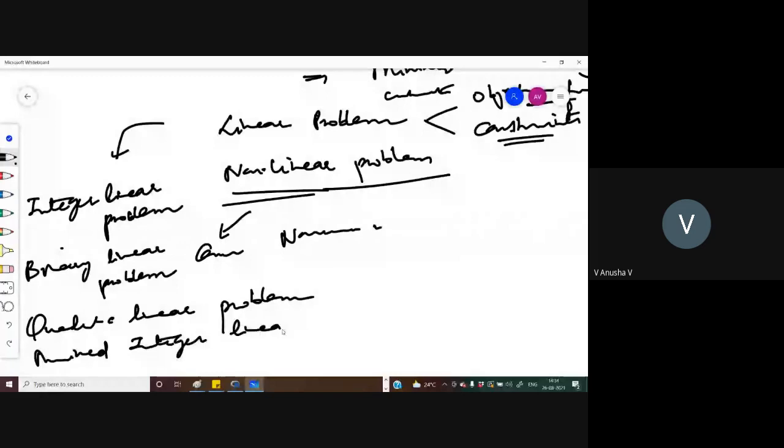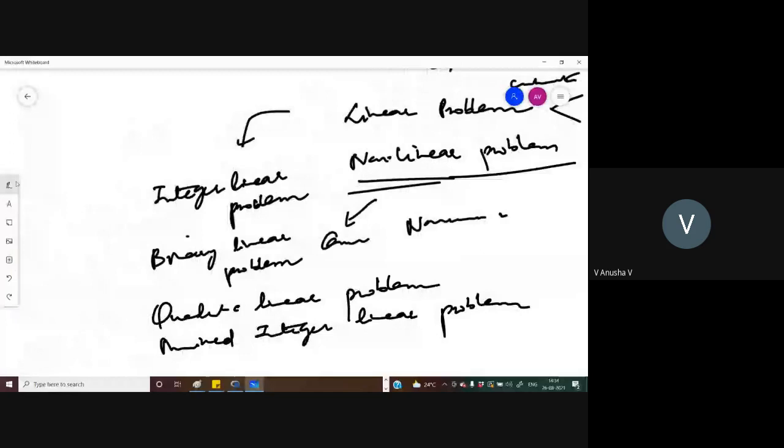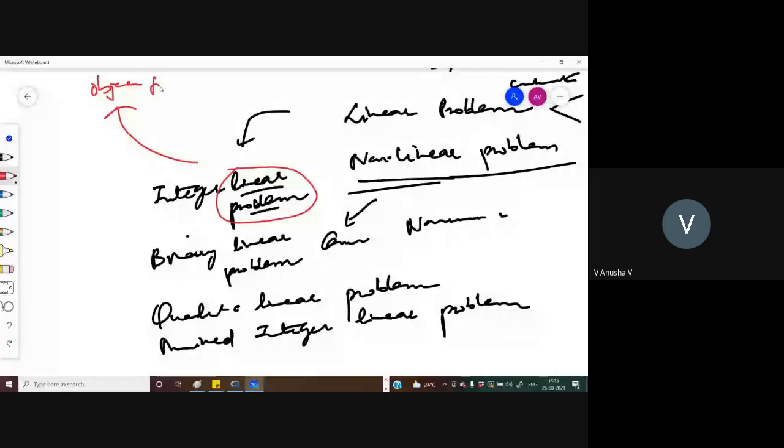Okay. So here integer linear problem is nothing but it's also a linear problem first. It will be having the objective function and the constraints as linear,